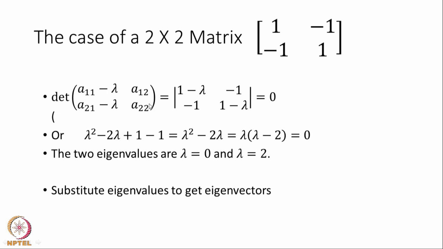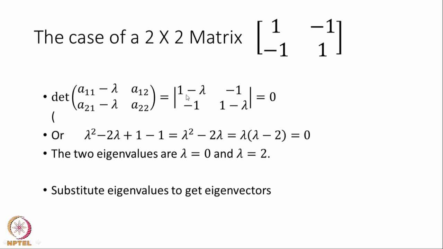So, what is my determinant? A11 minus lambda, A11 is 1, so it is 1 minus lambda, minus 1 remains the same, A21 there is minus 1. There is no minus lambda here, this is not correct. This minus lambda should go on the second term. So, this is A22 minus lambda, my A22 is 1, that is equal to 0. So, I have to calculate this determinant. How do I get this determinant? Suppose I have A, B, C, D. What is my determinant? AD minus BC. That is what I have given here.